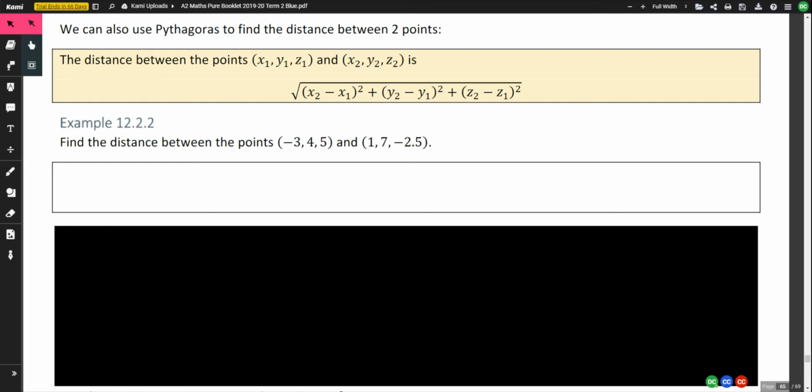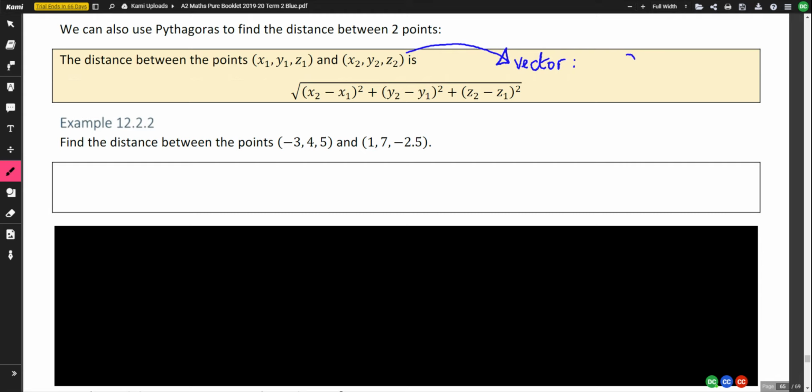In this example, we're going to use Pythagoras in 3 dimensions to find the distance between 2 points. Now what we're really doing here is just finding a vector, starting at one point and finishing at the other. So we're going between these 2 points here. If we wrote the journey from one vector to the other as a vector,